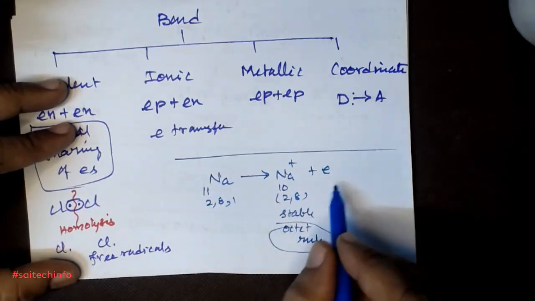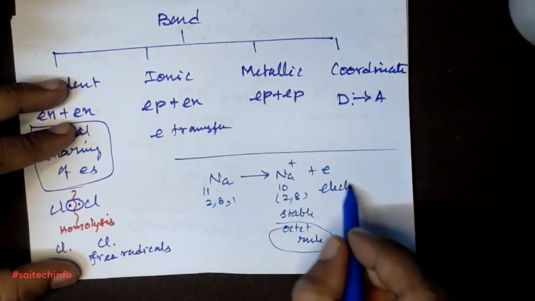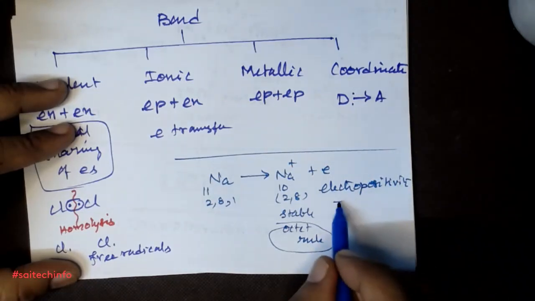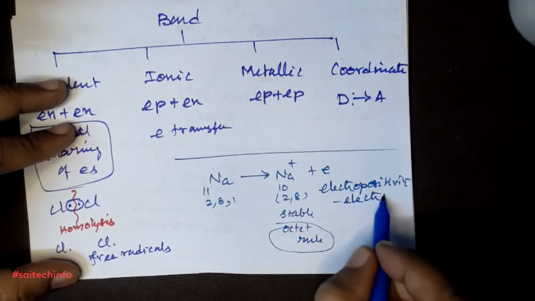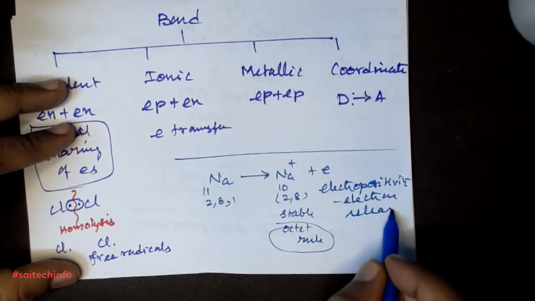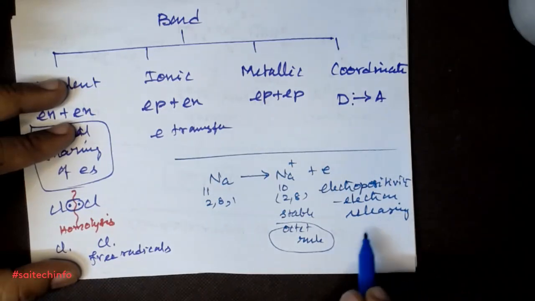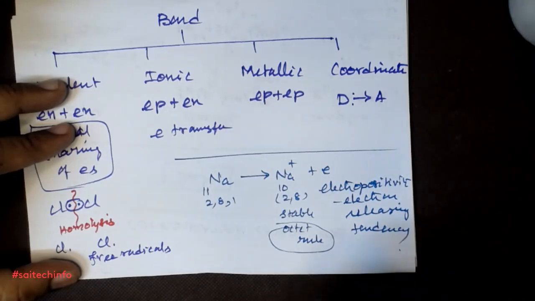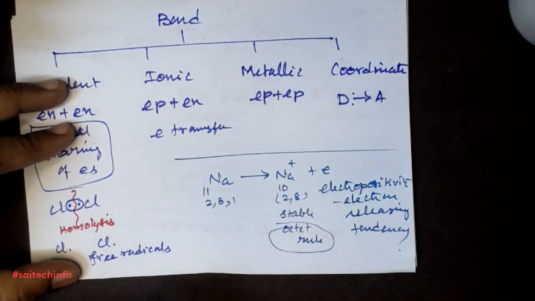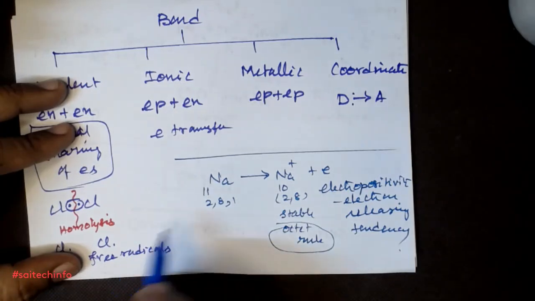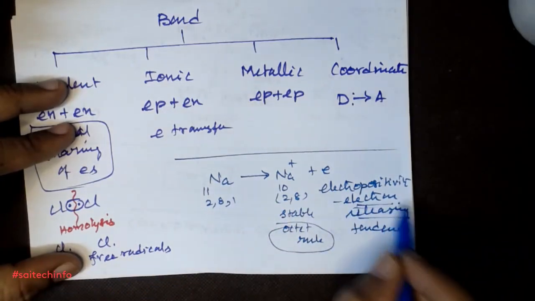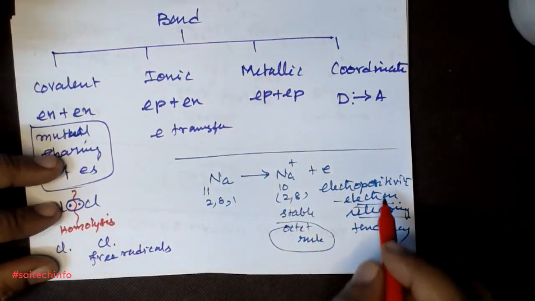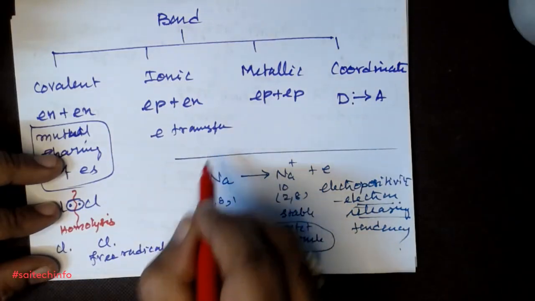So what do you mean by electropositivity? Electropositivity means electron releasing tendency. So metals have this behavior, whereas non-metals withdraw the electron from the bonded pair. So what is the electron releasing tendency called? Electropositivity. Whereas in the case of chlorine,